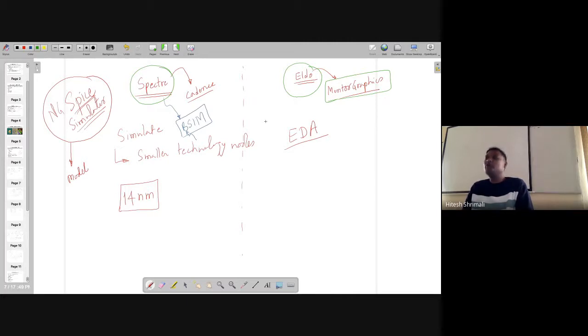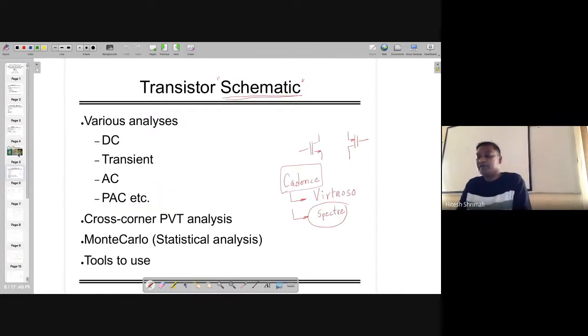You have to write code, use MATLAB and many other advanced tools which are going to solve these problems. That is used as the backend of the simulator, just to find out these things.